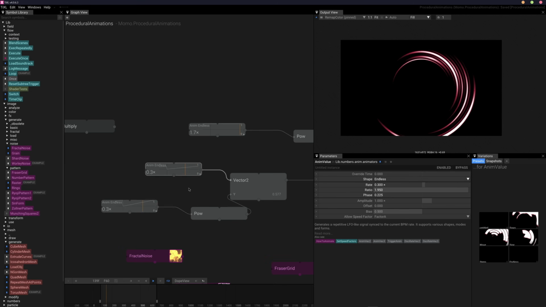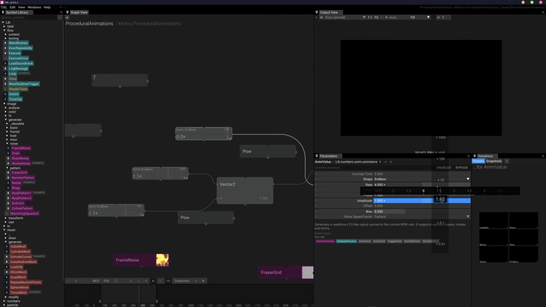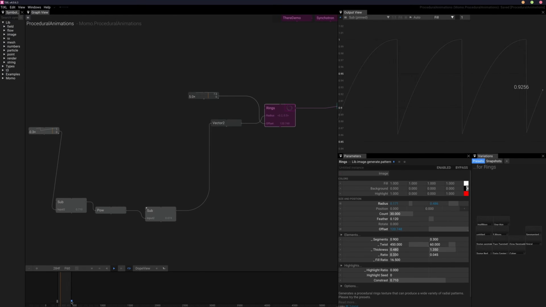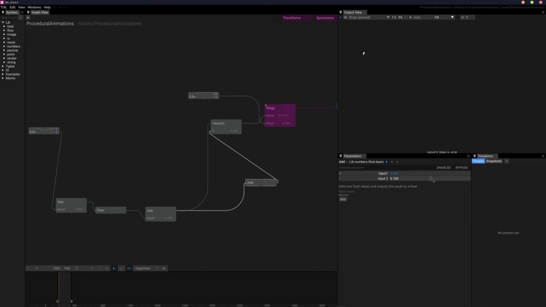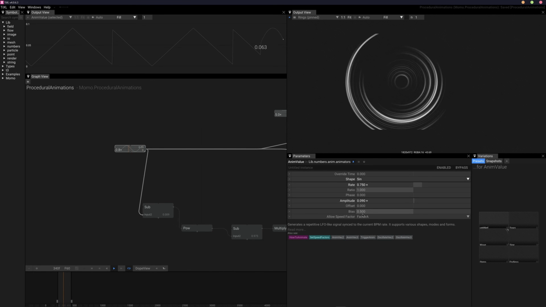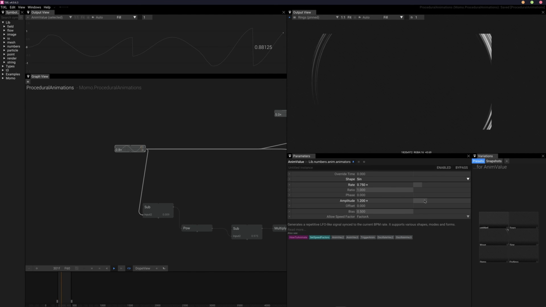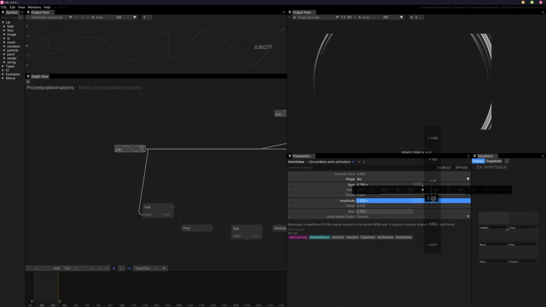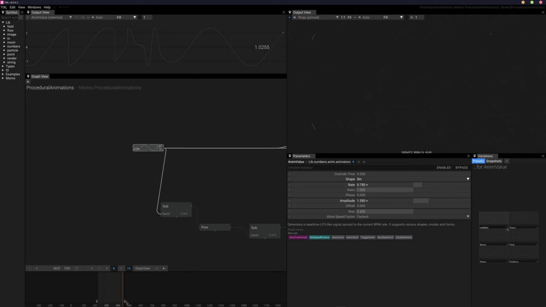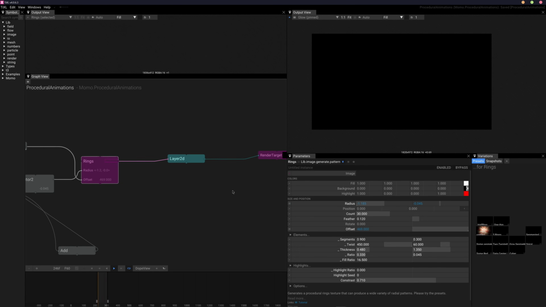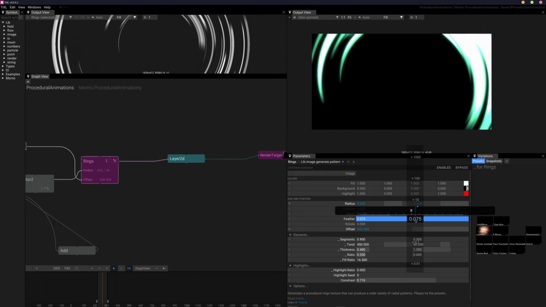I first tried using the endless mode of the anim value node, which will linearly scale the outputted value over time, and then feeding this into a math function to create an easing. But after some trial and error, I found it easier to just use the different modes of the anim value node and adjusting the parameters. By using the sine mode and adjusting the parameters and frame range, I was able to get an easing I was satisfied with. So I ended up with this animation of a spiral, shockwave or whatever.